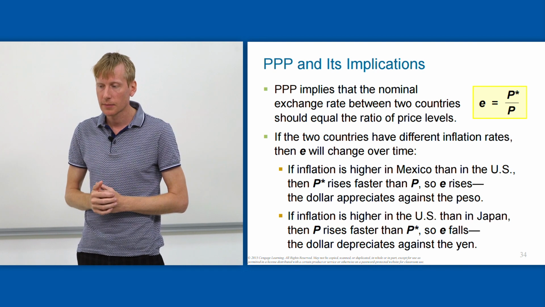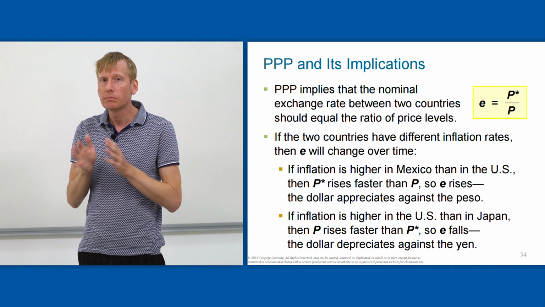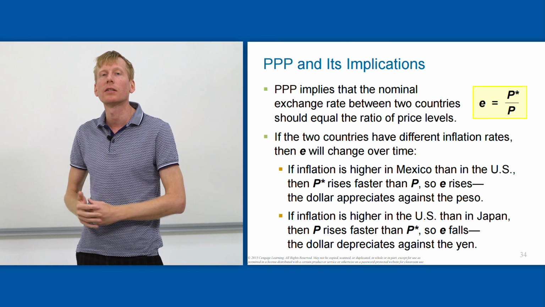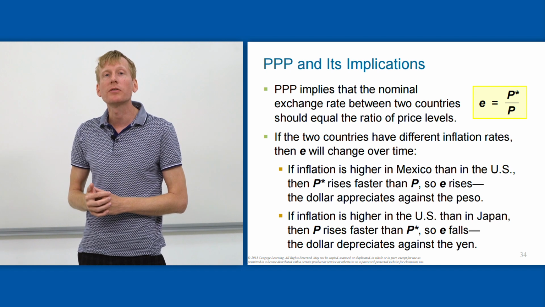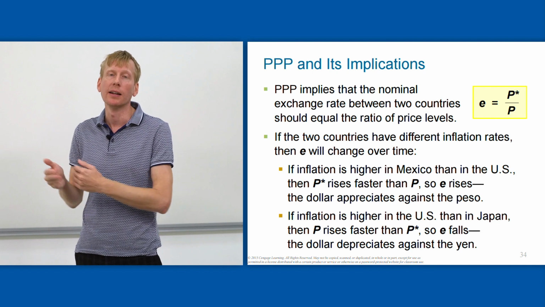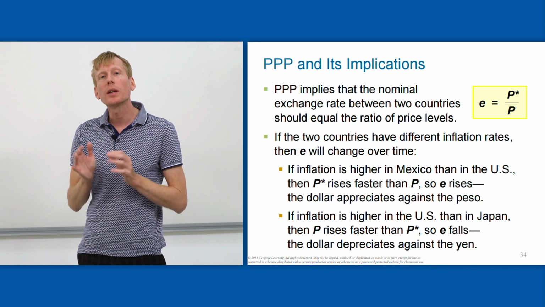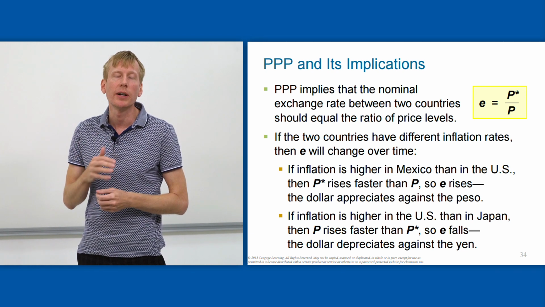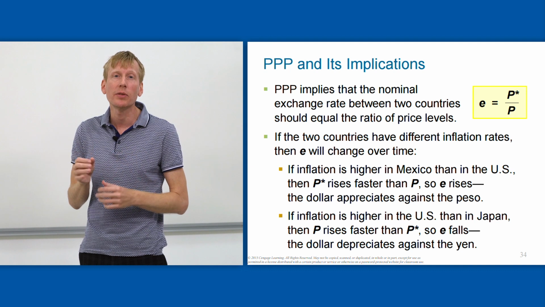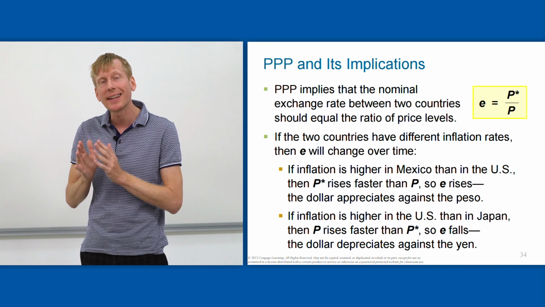What this means is that countries where inflation is high, typically, based on this theory of purchasing power parity, should be expected to see depreciating currencies over time. Countries where inflation rates are low relative to other countries should expect to see appreciating currencies, appreciating exchange rates over time. So if in Turkey we have an average inflation rate of about 10% over several years, and in the United States we have an average inflation rate of 2 or 3% over several years, we should expect a tendency,